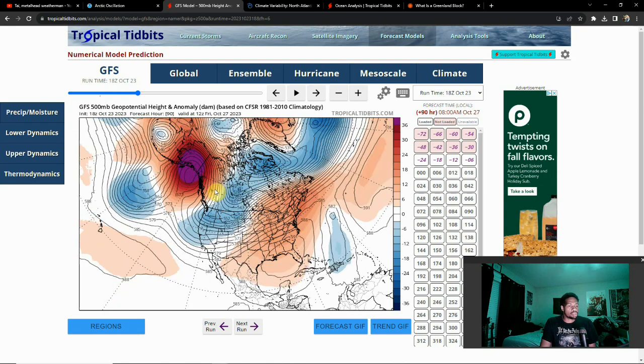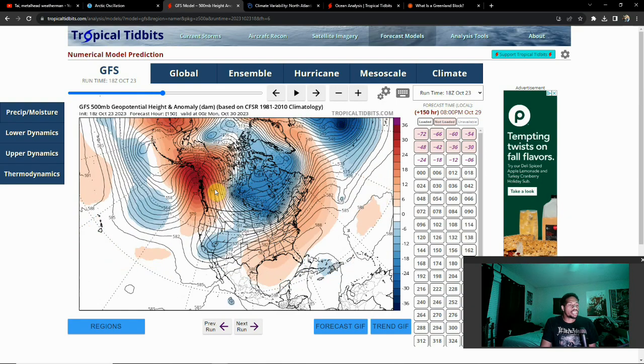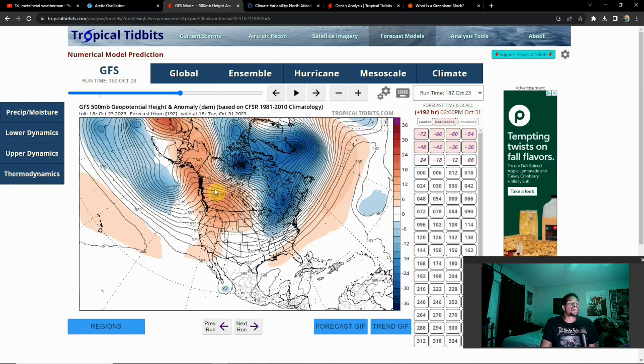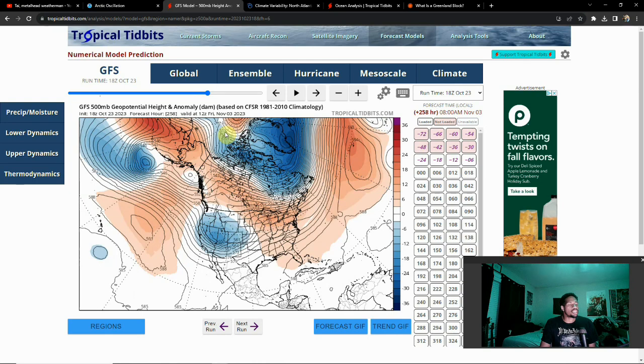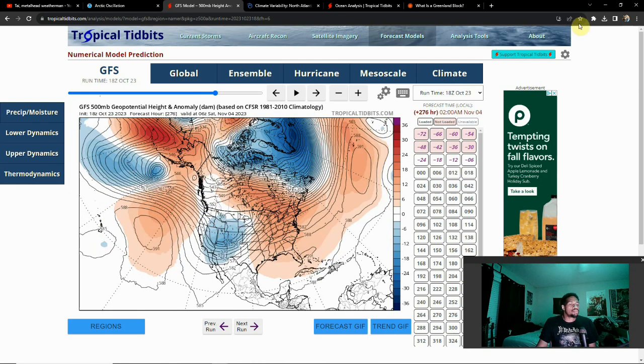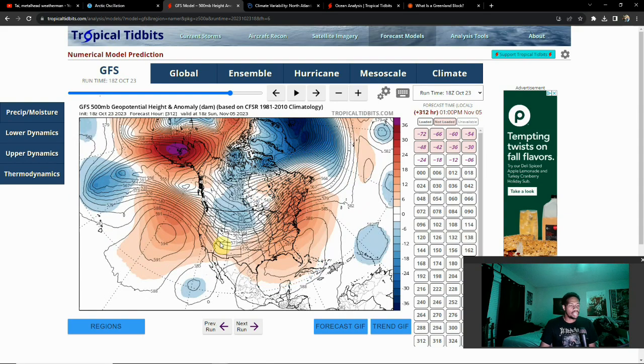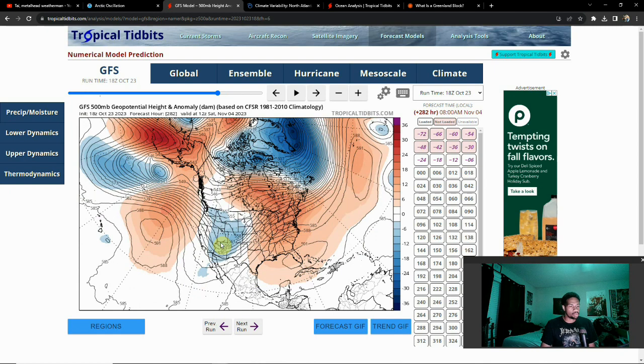And then as time goes on, we can kind of see maybe the beginnings of a shift to a negative AO here. Of course, I can't get a perfect look at this, but this is giving me a general idea right now. But this will shift on and off throughout the winter, so you always have to watch these, because this can also change the track of the jet stream and so much more. But as a result, look how far that cold air was able to get much further off to the south here, getting even into the southwest here. This is the cold air mass.